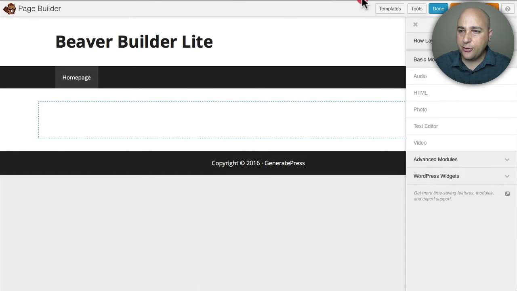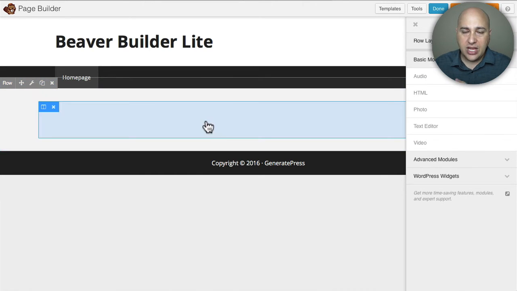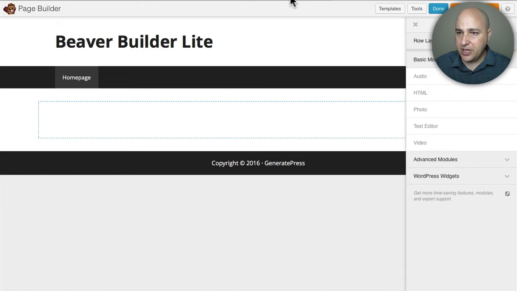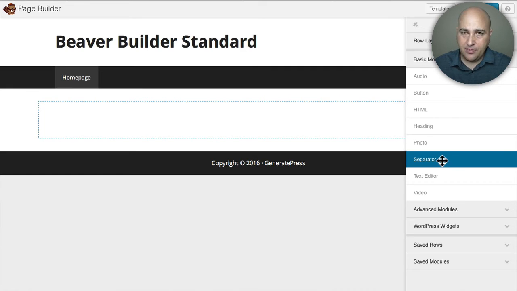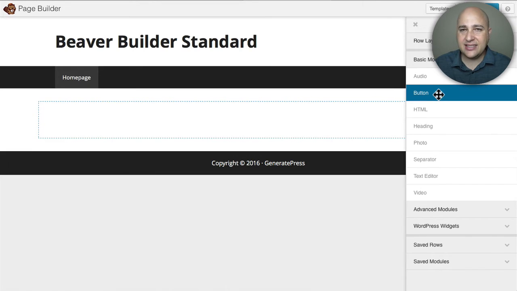Now, when we look at the free version, it's going to come with these 5 modules here that you can use anywhere in the page building experience. But when we go over to the paid version, we're going to see there are some additional basic modules, and we haven't even looked at advanced modules yet, and some of them are button. This is going to allow you to create and style buttons in your Beaver Builder layouts, and that's very helpful because without this, you're having to use some HTML and CSS and all this kind of techie stuff in order to just get a simple button onto your site.